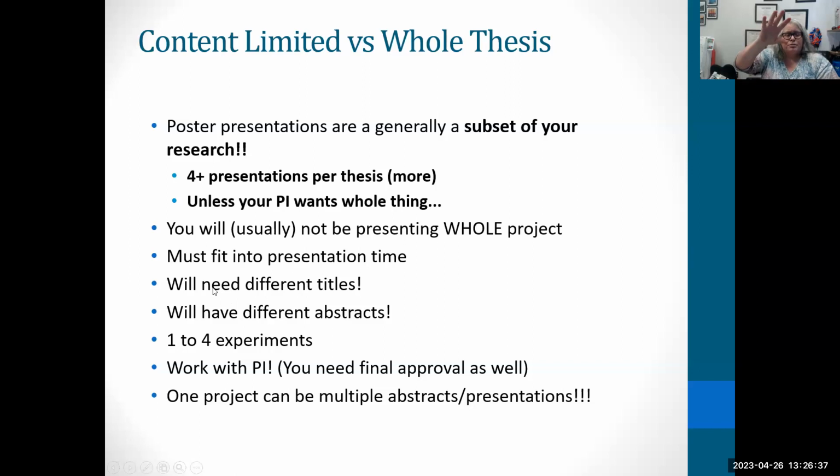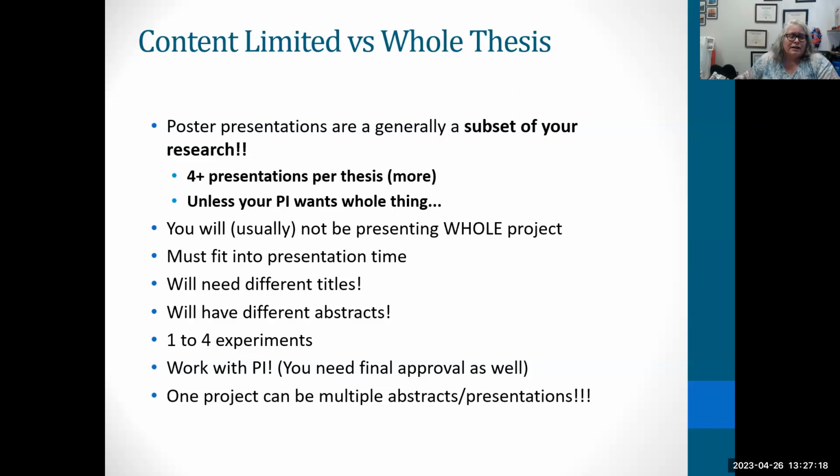What's cool is you can put slightly different titles on each one because it's different things you've done, and that counts as more posters. Each time you've submitted an abstract, an abstract is a publication, so respect your abstracts. You want to have more abstracts, especially if you don't have that many refereed journal articles yet. Abstracts can really count. I've seen reviewers talk about them on some really big grants: they don't have a publication out quite yet, but look at all these abstracts, let's give them this grant. So respect your abstracts,